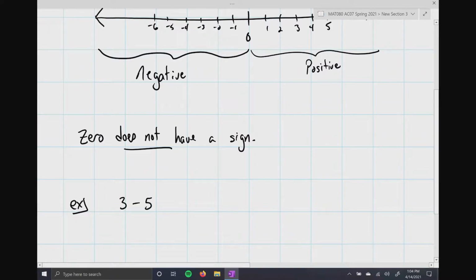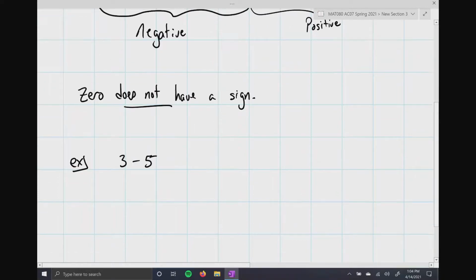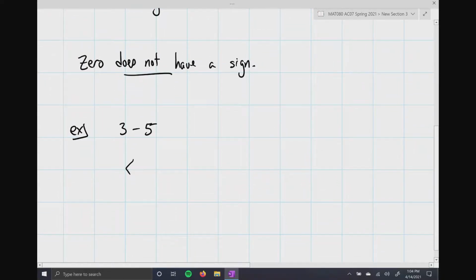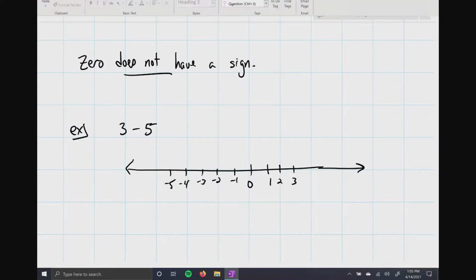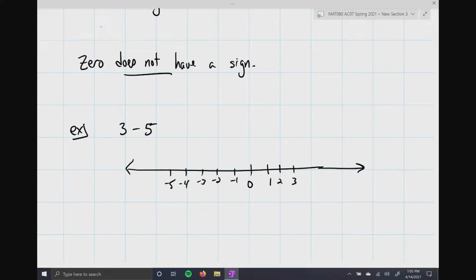The first thing we're going to do here is subtract 3 minus 5. Like I said, this is very simple. You probably already know the answer, and that's great, but I'm going to show you how we actually arrive at that solution. I'm going to do this left to right. I'm going to start